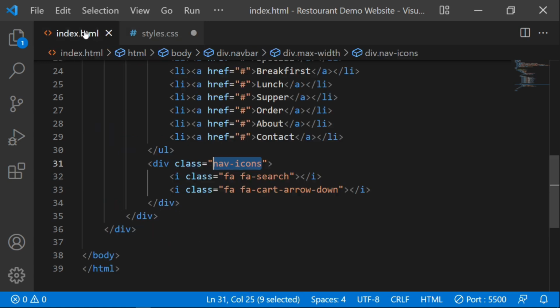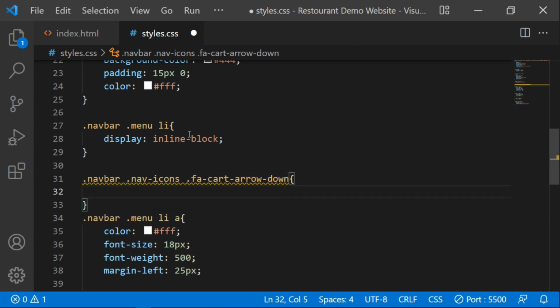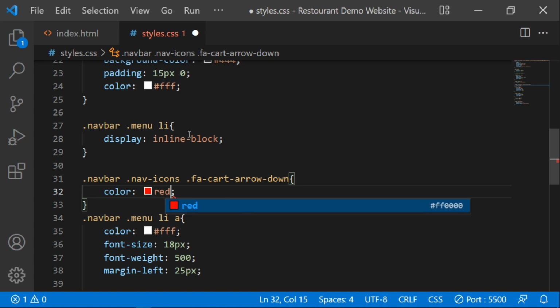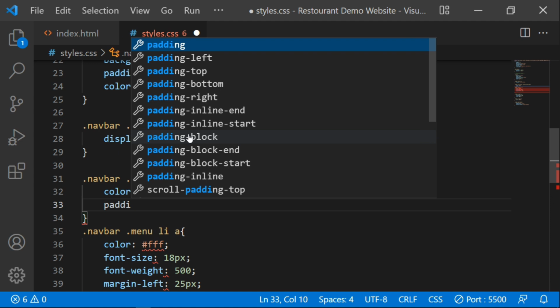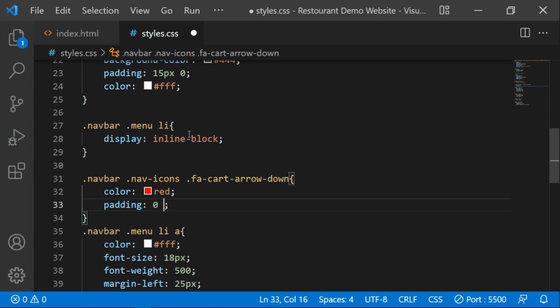But now specifically targeting what? These are parts, the second one. So the search bar, it will be just white. So let me just copy this part, and then I do it here. Let me just paste it there. You begin with a dot, so dot, then you paste. So what I'm going to do now is to give it a color. So color, let me give it again red, and then I'm going to add a padding. So padding, I'm going to say 0 top and bottom, and then left and right, let me give it something like 6 or 7 pixel, and then